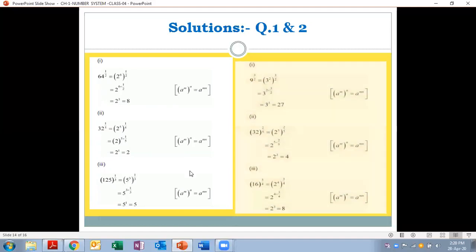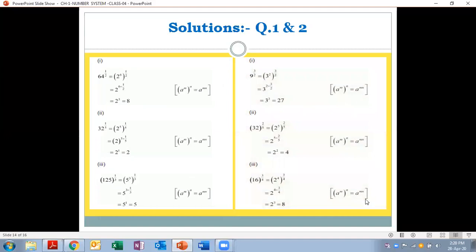Now in the case of the second question, again we have the use of identities. Different identities have been used to solve all the parts over here, and in the question we have the power of 3, that is 3 square. 9 could be written as 3 to the power 2. Then we have power 3 by 2. So it is multiplication of exponent with exponent. When we have the power of an exponent of any exponent, then we multiply. We have to multiply m to n when we have the power of a. Then in the second part and third part also, there is the same application of the same identity. You can see here, and you can understand the answer on your own.